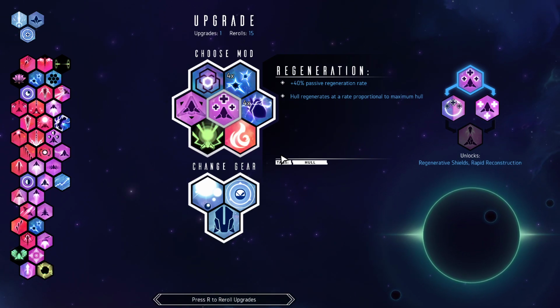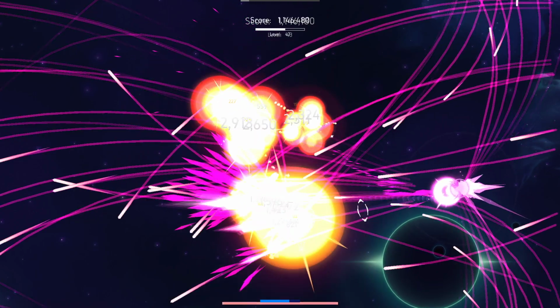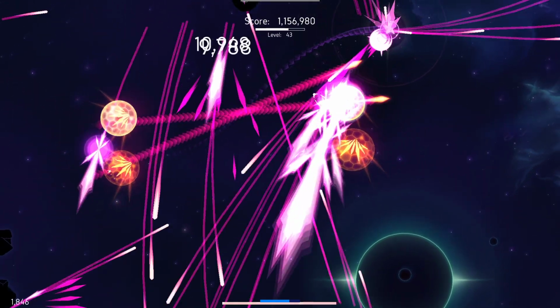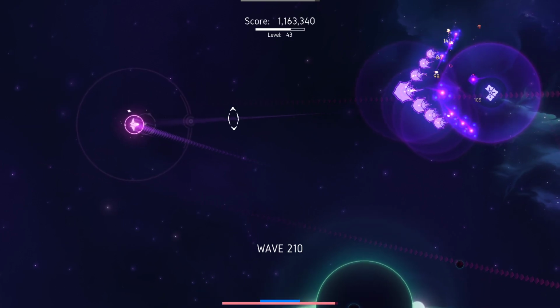Well, we could Revelation here. Or we can just take these double taps now. I think we just take the double taps. I think we don't get too greedy here. That is so annoying to see these tracers be invulnerable for such a long period of time and just...